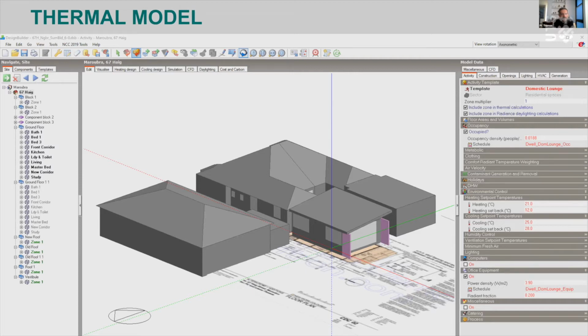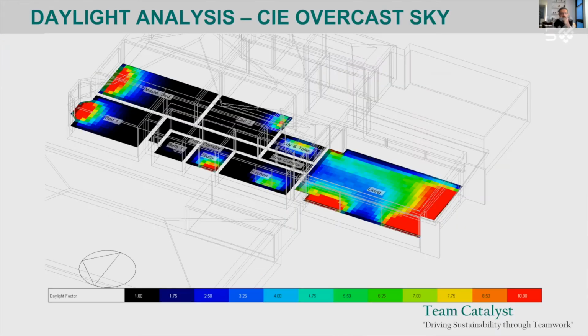Okay, having built this model, I want to use it to do some design decisions. I want to make some decisions based on that. So one of the first things we did was to kind of look at how does light play out in our design, okay? So if you look at this model, this is what we call a static analysis done for an overcast sky. What are the daylighting levels inside the building, inside the rooms? Obviously, you've got the old part of the house, 1930s, and you can see here fairly dark everywhere, except very near the windows. The new part that we're proposing has got much more daylight in it, okay?